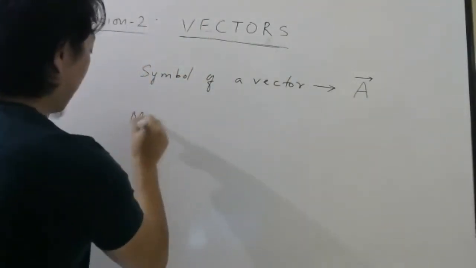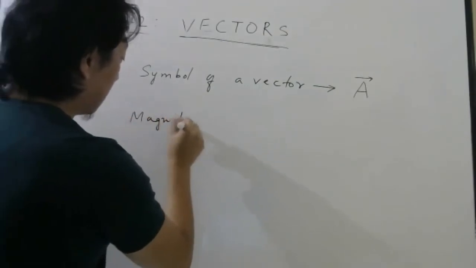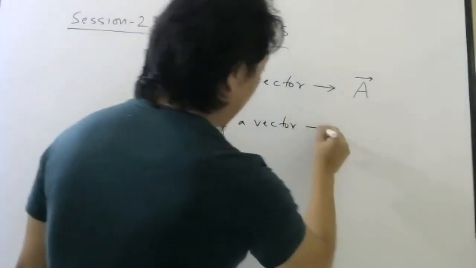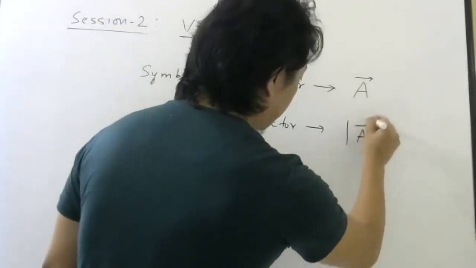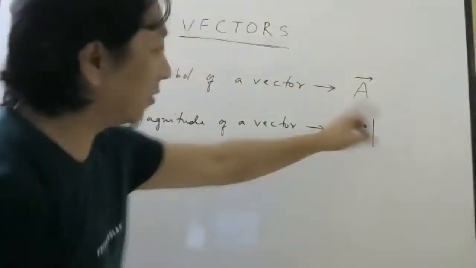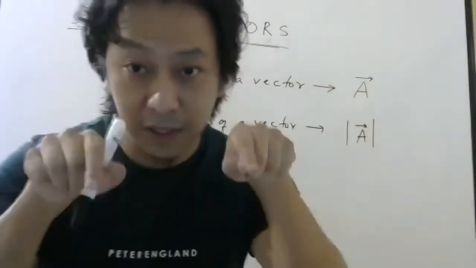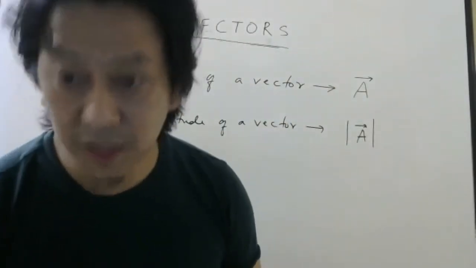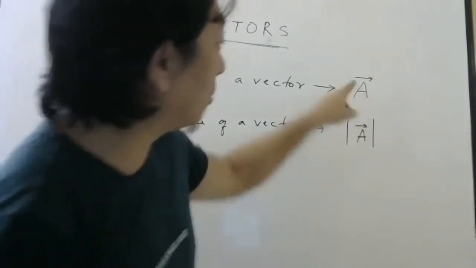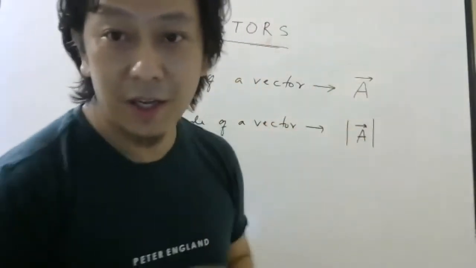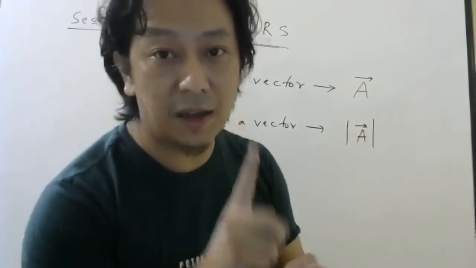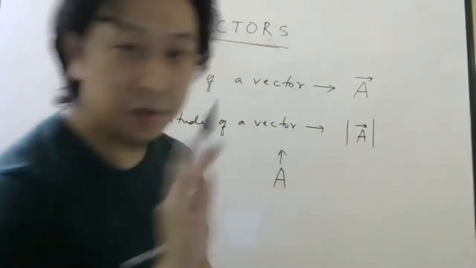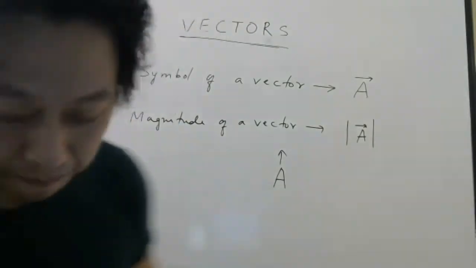Now see magnitude. For the magnitude of a vector, we write this symbol. This is the symbol for magnitude. So when I draw these two lines, it means I am writing the magnitude. Yes, Rifa, the arrow should point towards the right only. So don't think that if some vector is upwards, you will write the symbol like this. No, you will not write like that.